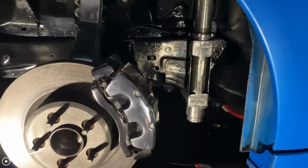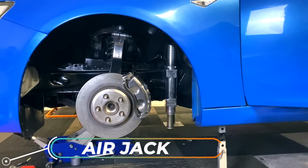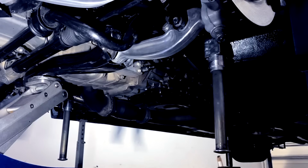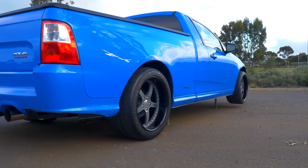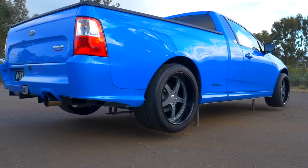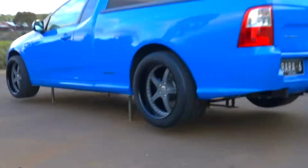These air jacks are mounted directly in the car, and 4 of them can lift 1.6 tons. The Nuke Air Jack is a pneumatic lift system made for race cars. It works with standard 6 to 12 bar workshop air compressors, lifting a vehicle quickly and securely without the need for high-pressure gas setups. This system is designed to stay mounted on the car, making pit stops and maintenance much